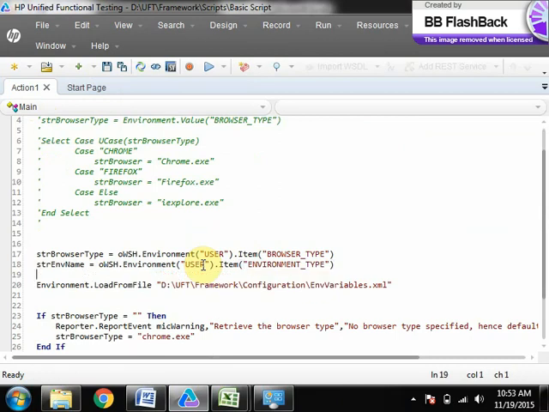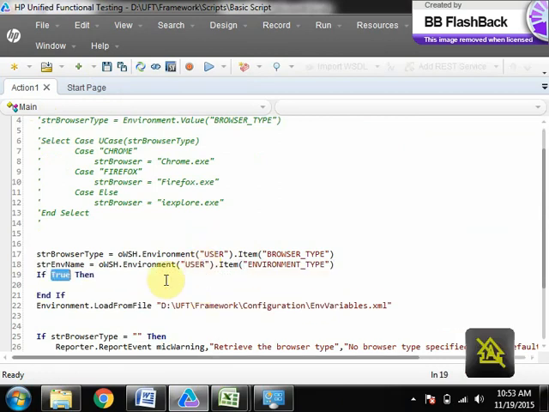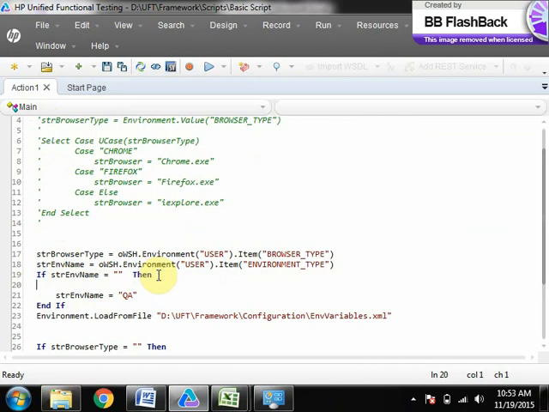Then if str environment name is empty, that means the user has not selected any environment, by default you set it as QA. Getting what I am saying? If the user has not set any environment there, you set QA.